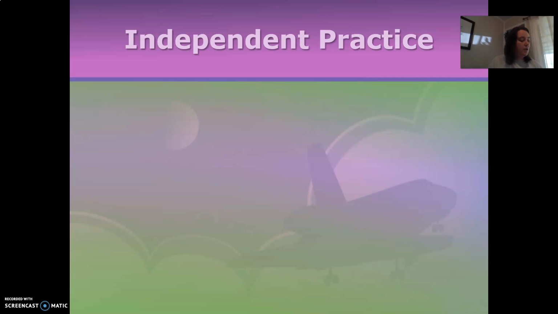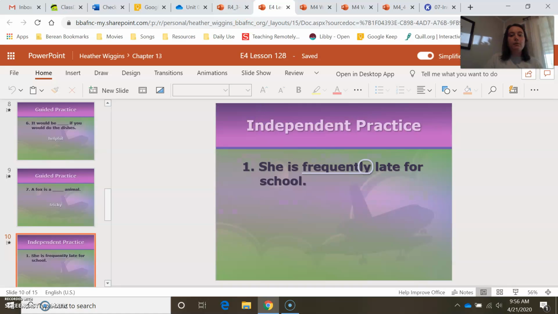Number 9, Mr. Nelson is the builder of those new homes. Number 10, weatherman said that tomorrow will be a rainy day. So if you're struggling on the back, when you get to that section where you need to write out your own word with a suffix, look at that page and find some examples to pull from. Then for reading today,